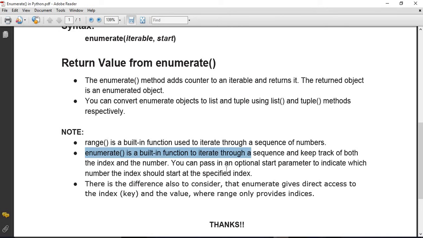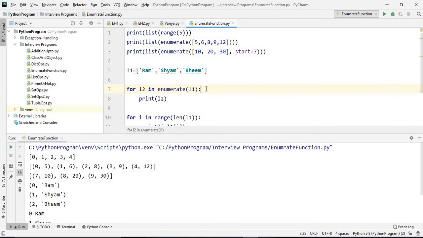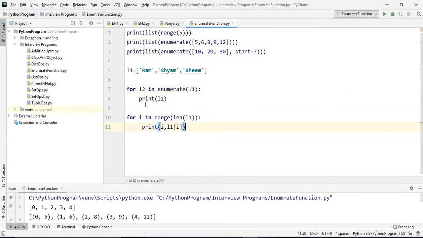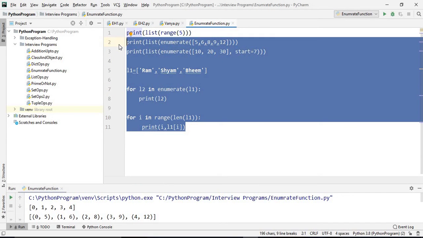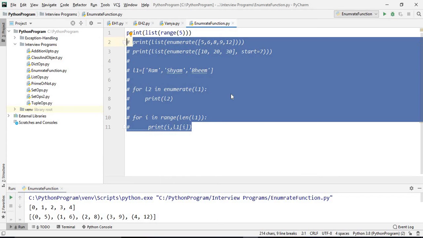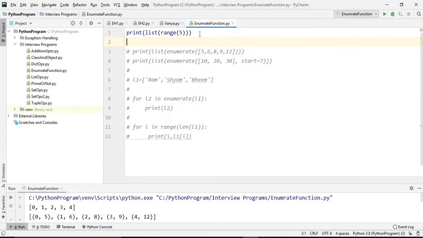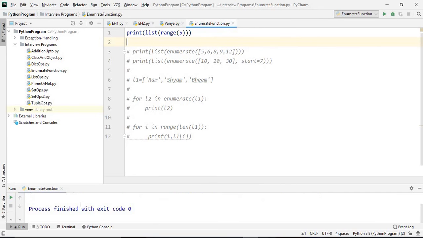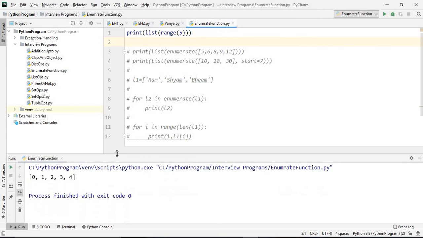Okay, so let's open my PyCharm. Okay, so see, I have made one program here. What I'll do is execute it one by one. First we'll comment these things out, and see, if we talk about list and if we execute list range, then what output comes? See, 0 1 2 up to 4, this is about range.